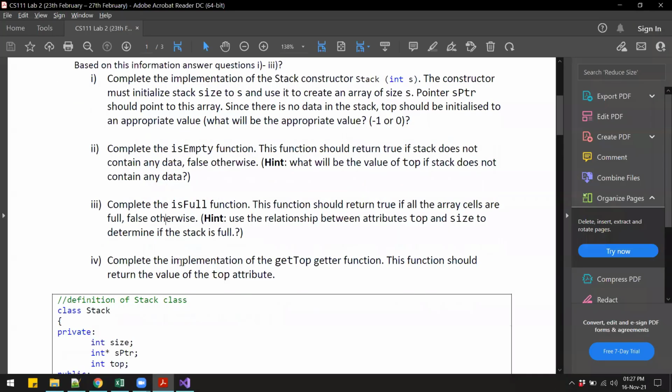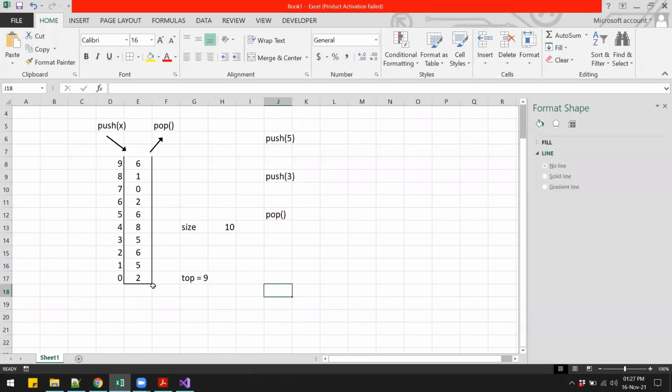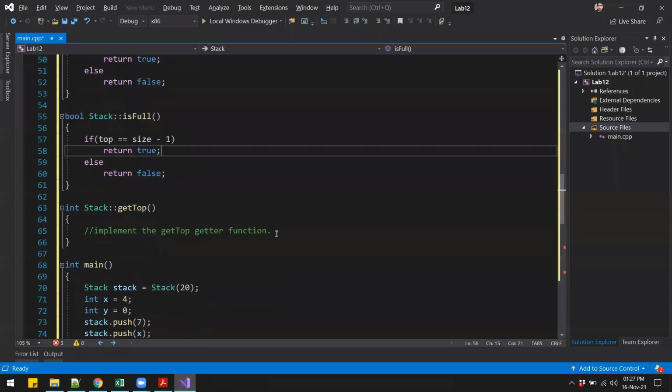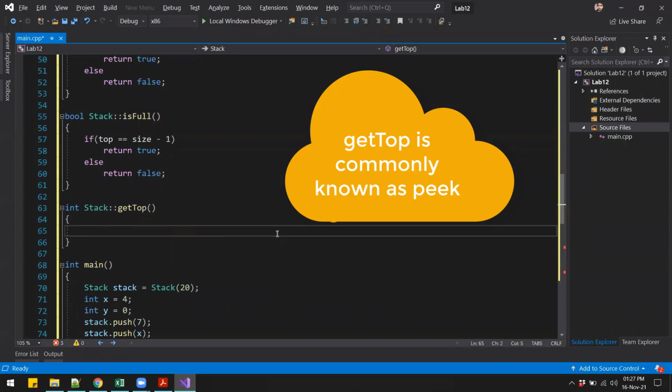Then it says complete the implementation of the getTop function, and this function should return the value of the top attribute. So when I call the getTop method, this should return the topmost item in our stack.